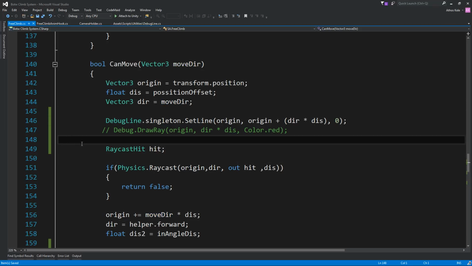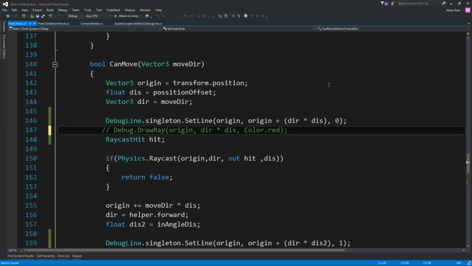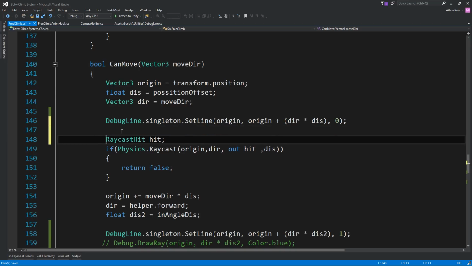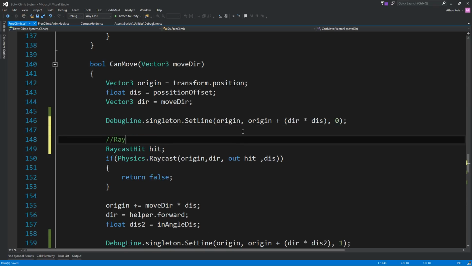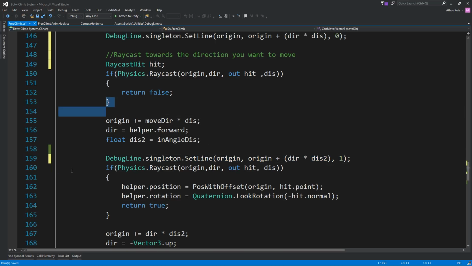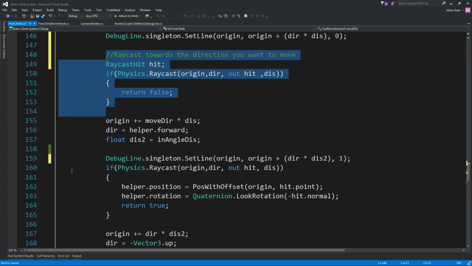The first debug, the first raycast we are doing in here. Let's get this something like that. Okay, raycast towards the direction you want to move. So basically this checks if there is a wall over there.